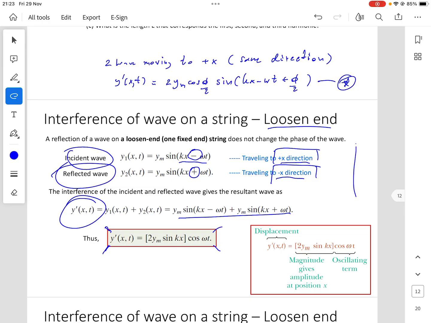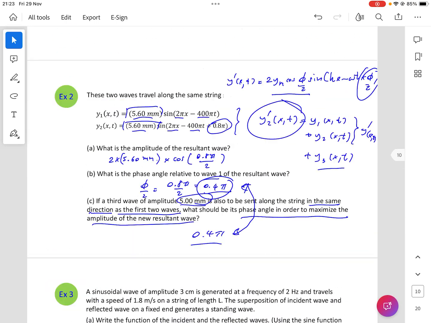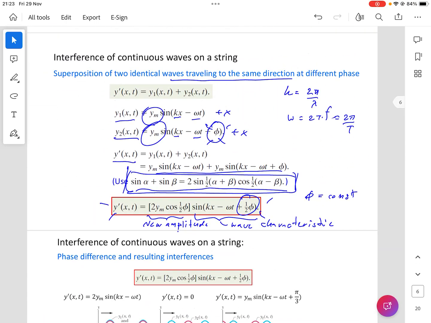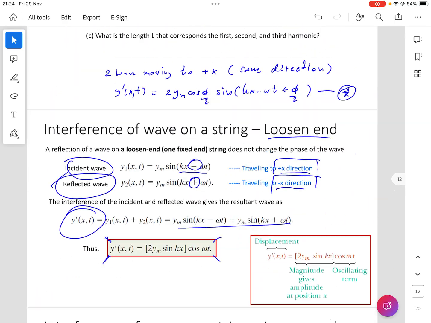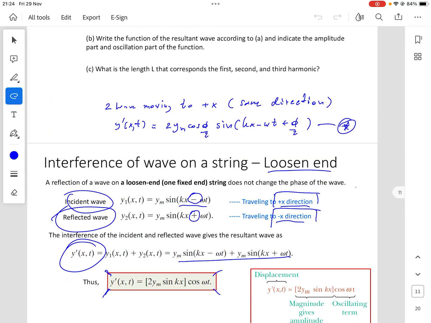If we go back to the previous slide, I mentioned that this part is the new amplitude, and this part is the wave characteristic, the continuous wave characteristic. When kx and omega t are split into different functions,